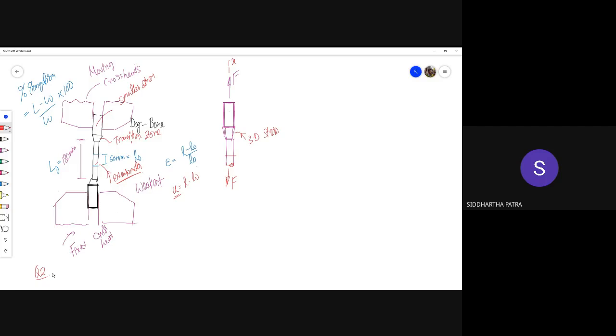So the question is, why are there two dials on the extensometer? I mean, if I am trying to get any value of U, one dial should have been good enough. But we take readings from two dials. What is the purpose of that? That is your second assignment question.